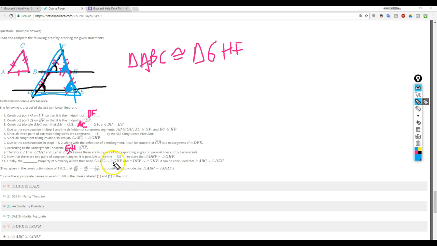Triangle ABC is similar to triangle GHF. Triangle GHF appears here and here. That is our link. So first is similar to the middle. The middle is similar to the last. Therefore, the first and the last have to be similar. So there is your step-by-step with question